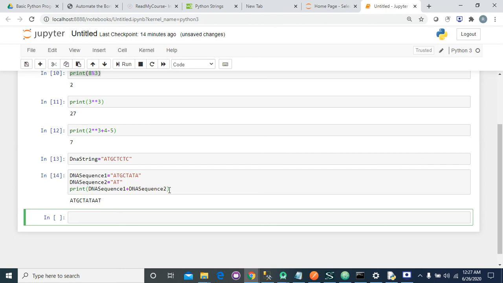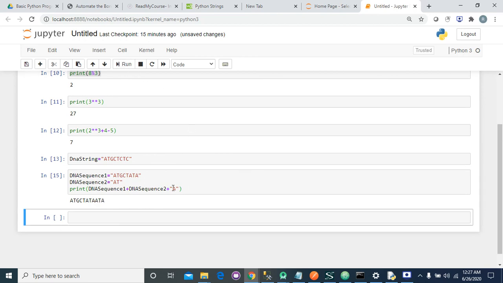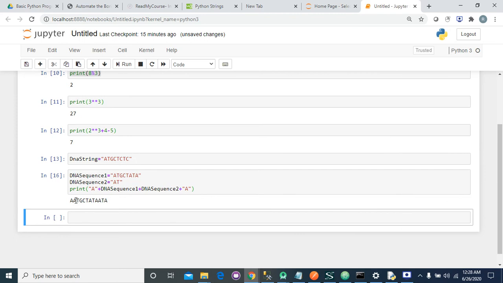Now, if you want to add one more base to this result, then we will use this. Now A will be appended. If you want to add a new base into the sequence at the first index, then we will use this code. It will be appended.